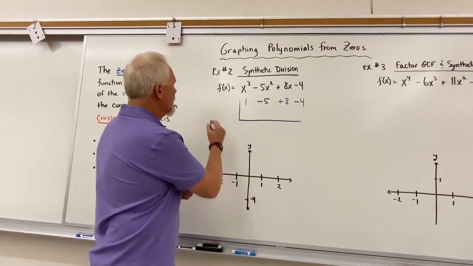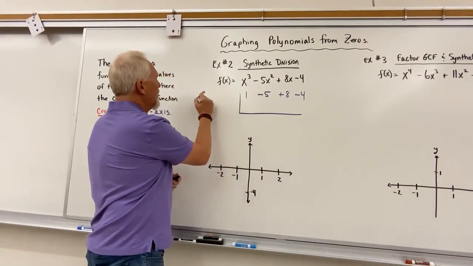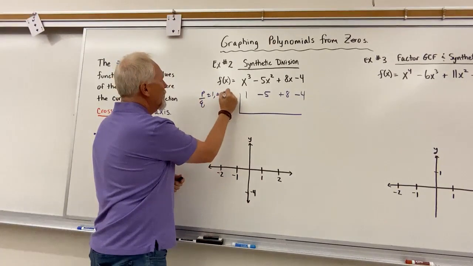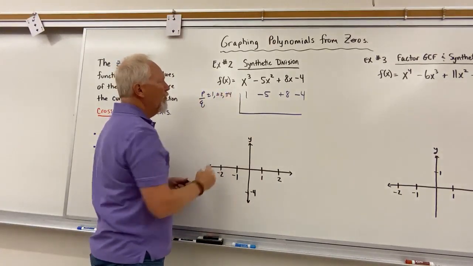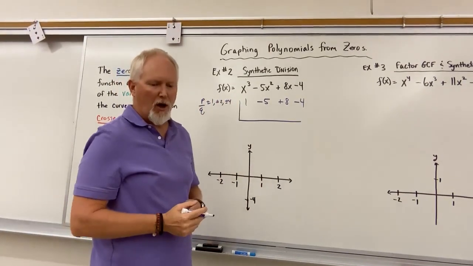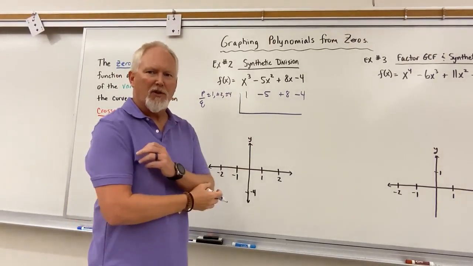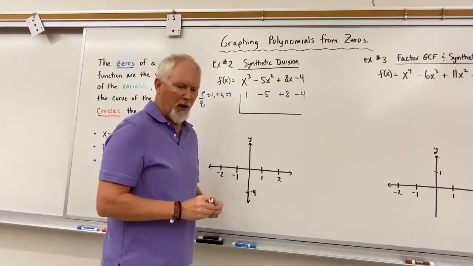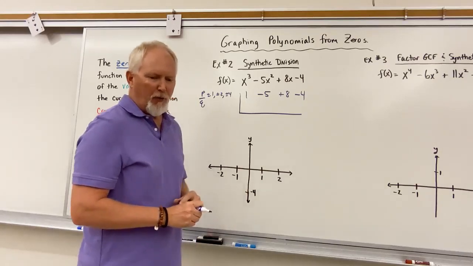And so the factors of 4 would be P over Q. We get plus or minus 1, plus or minus 2, and plus or minus 4, right? So we try one of those, and if we're successful, we get a 0 at the end, then we can factor it the rest of the way. So if we try